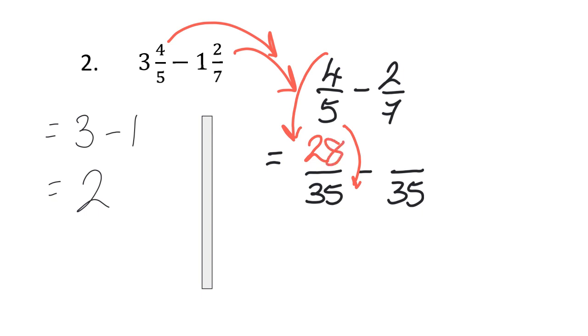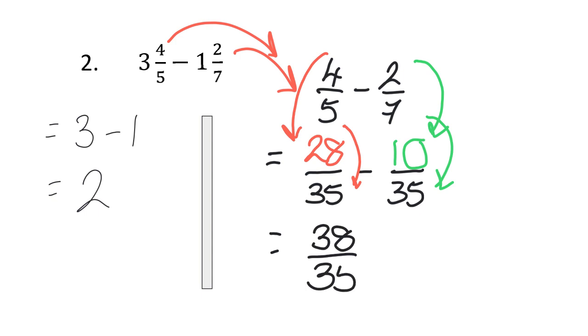Equally, on the right-hand side, the 7 has changed to 35, and what we did to do 7 to 35 was 7 times 5, so we must do 2 times 5 at the top, and that gives us our 10. We then just deal with fractions. Now that we've got our common denominator, 28 plus 10 is 38 over 35, and what you'll see is that's another improper fraction. So top-heavy fraction, that means we have one whole number with 3 left over, so 1